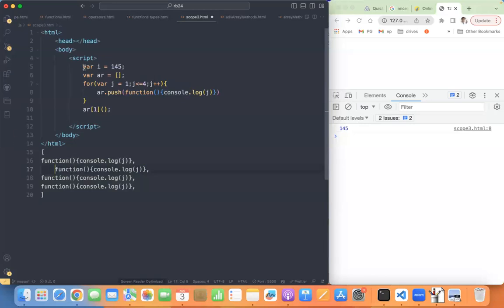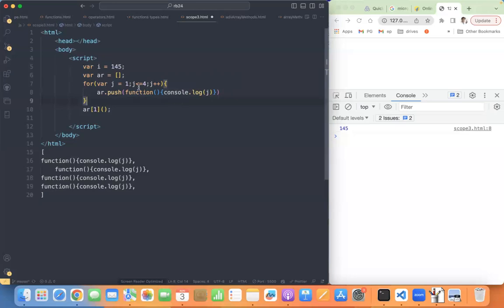Okay. j here is a global variable. It is var j, right? So when the for loop is pushing the function the first time, the function definition will be pushed, not with the j value. That is the difference. Yesterday I explained with for loops, the j value will not be bound to the function.